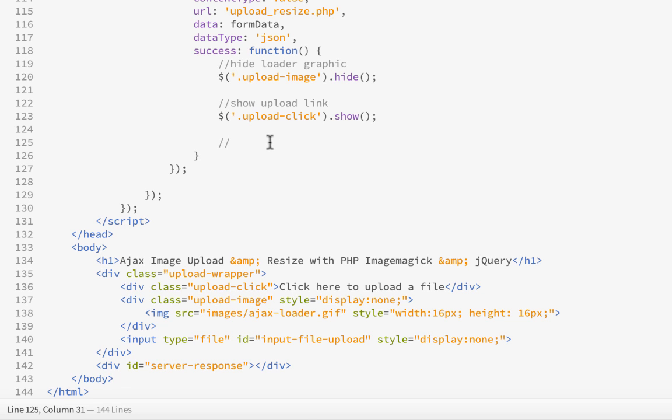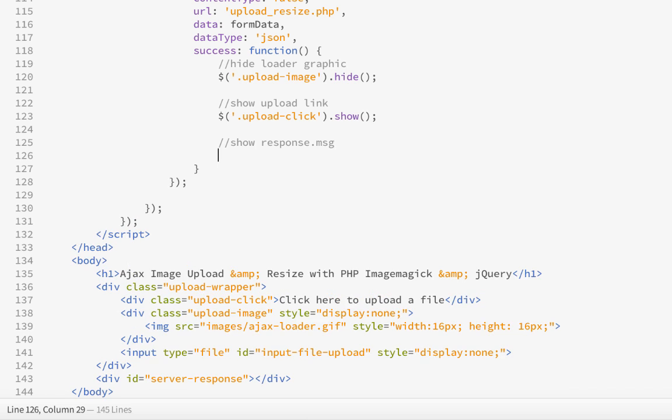And then in that JSON object, we're going to have a response property, and a message property, and we'll use that message property to hold the message that's going to be displayed to the user. So let's show response.message. So if our response type equals success,